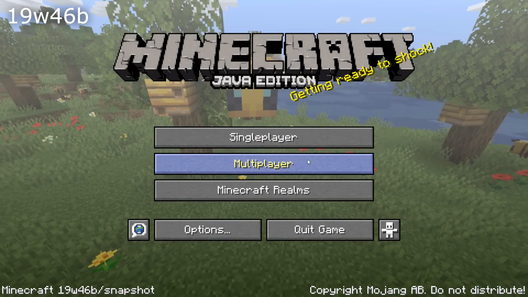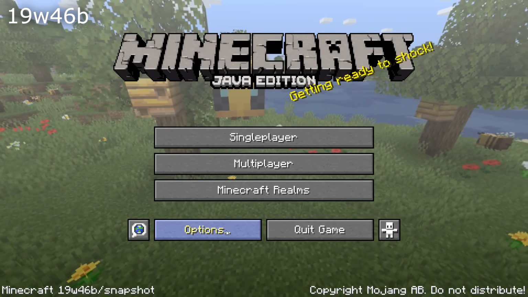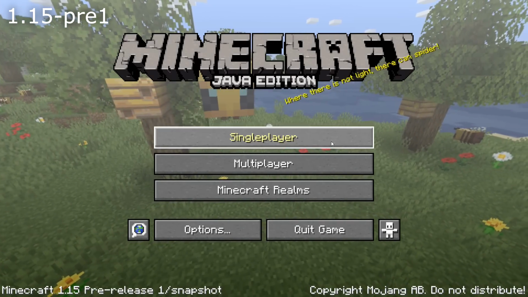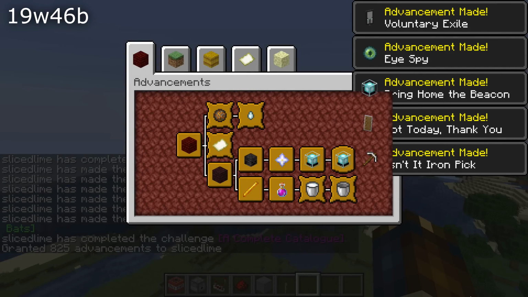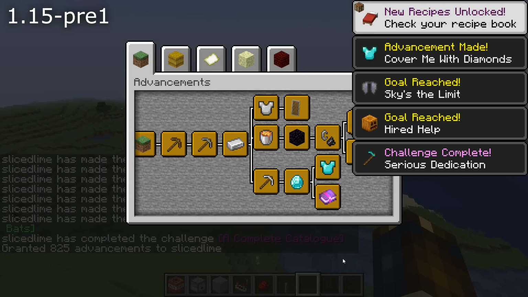Some user interface changes and fixes as well. The button highlight and background have been changed to make it easier to distinguish which button is selected and to read the buttons. A couple of fixes for the advancement menu as well, where the rendering order of things was